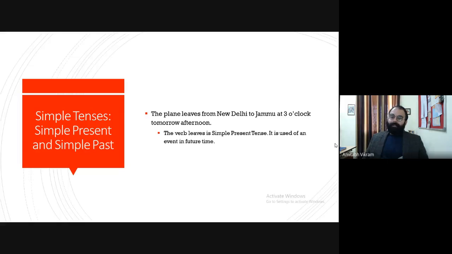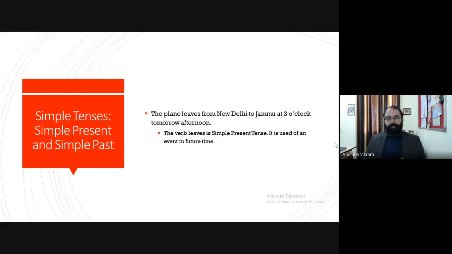Now, another example we have: the plane leaves from New Delhi to Jammu at 3 o'clock tomorrow afternoon. Now, we are talking about future time. 3 o'clock tomorrow afternoon is a future time, and we are telling this thing now. The tricky point is, we are saying: the plane leaves from New Delhi to Jammu at 3 o'clock tomorrow afternoon. Though the verb leaves is simple present tense here, it is used of an event in future